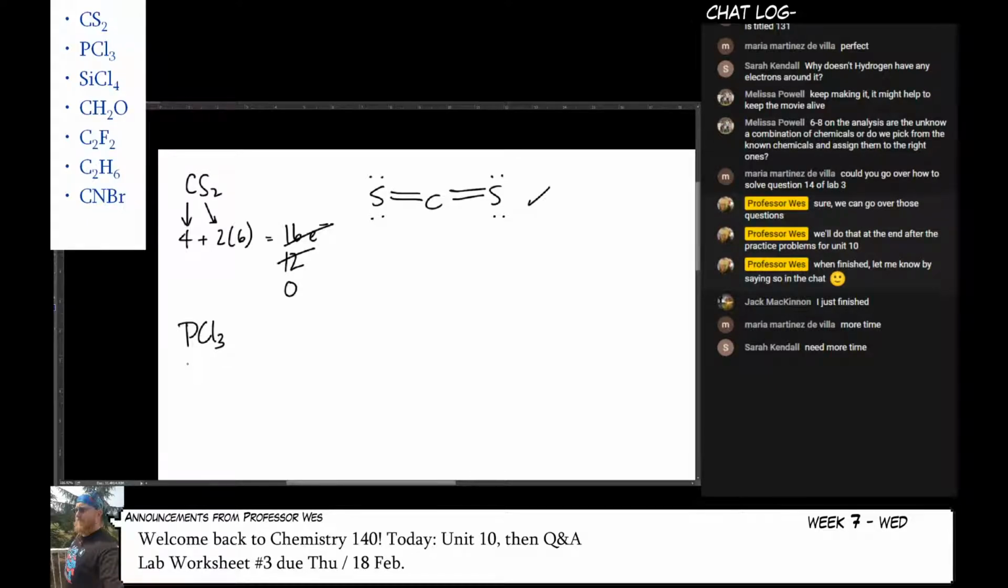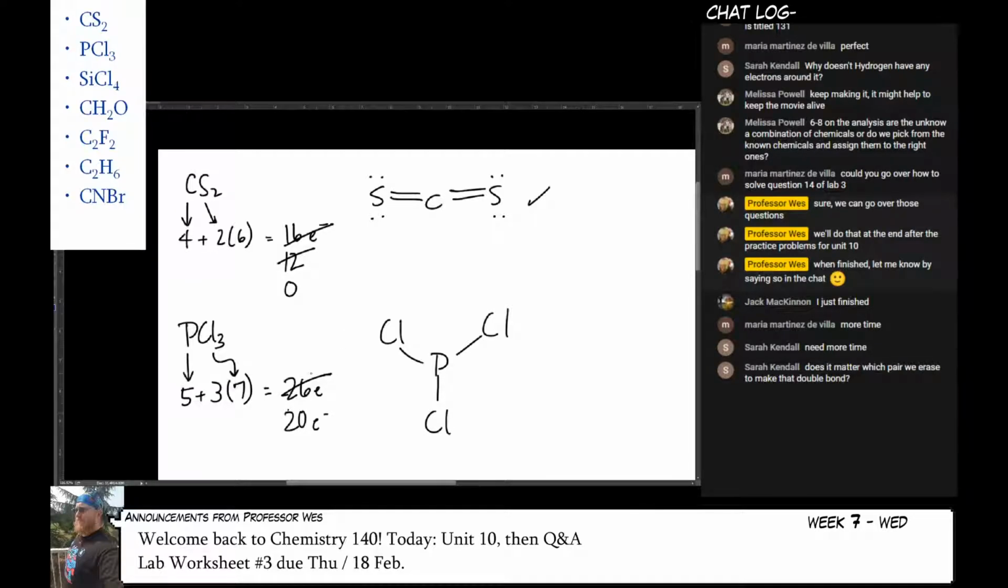All right, for phosphorus trichloride here, we've got phosphorus, which is 5. Each chlorine is worth 7, and there are 3 of them. So I have 26 total to work with. I think 21 plus 5 is 26, yeah. Okay. We're going to put phosphorus in the middle, and I'm just going to put the chlorines around it, like that. Connect, connect, connect, so that's 6. I'm going to put the remaining